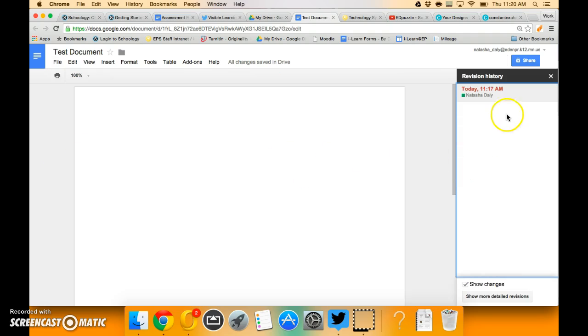And what this allows you to do is you get a pop-up over here and it tells you who was the last person to edit it, and you can show changes or more detailed revisions. So let's say you're working on a document with several people, or your students are working on a document in a group and someone deletes some content or someone changes content. You can see the revision history and get a list of the items that were changed as well as who